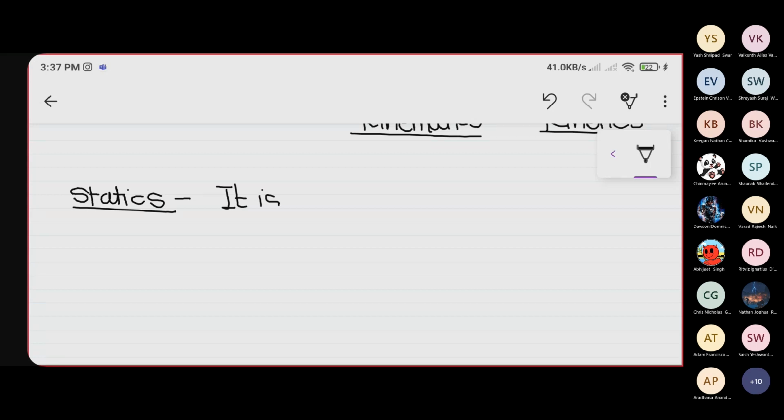It is a branch of engineering mechanics which